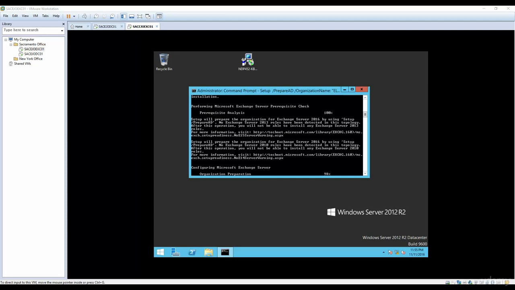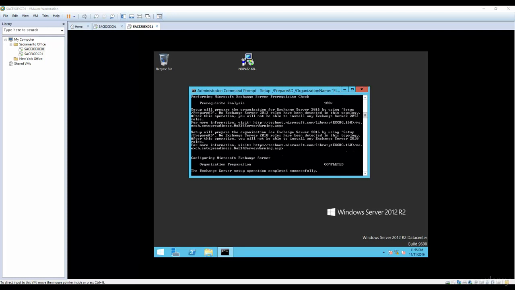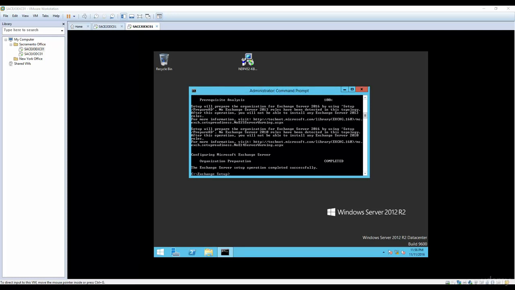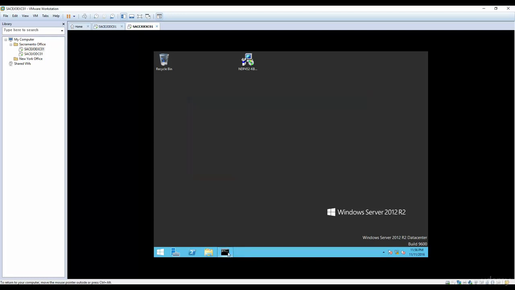They're working together when you run Exchange and the Exchange installation is done, and all Exchange information is stored in your Active Directory domain. And then the organization preparation is completed. Now it's time to go ahead and run